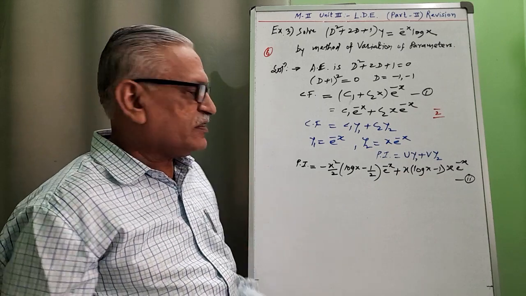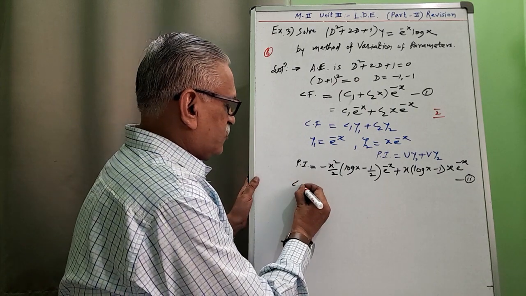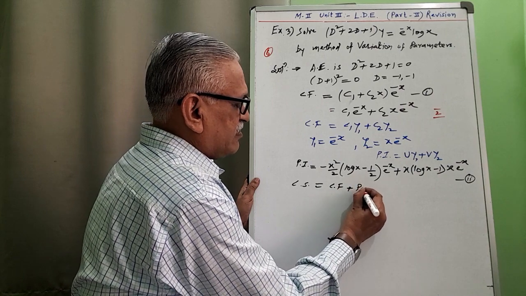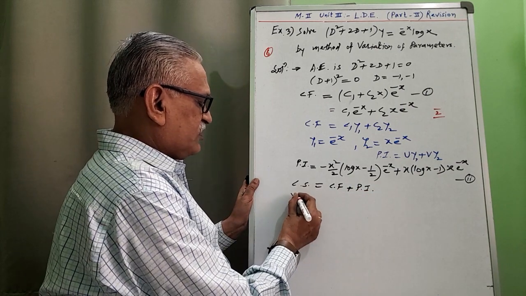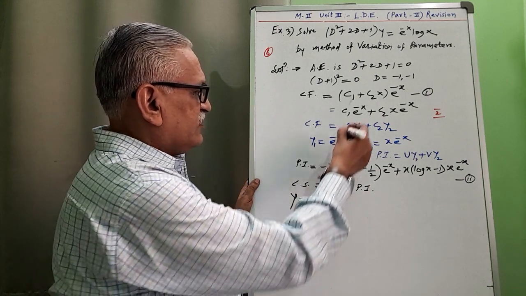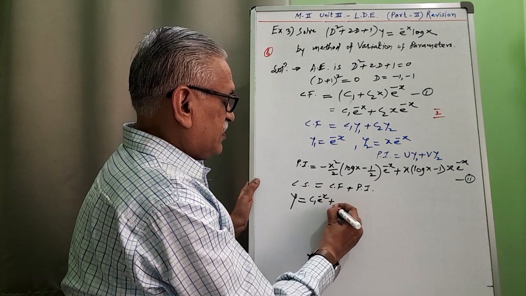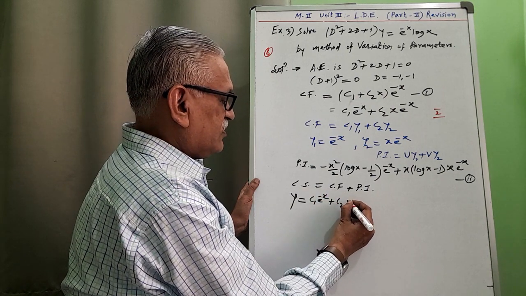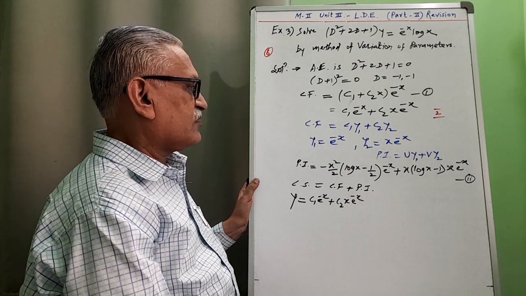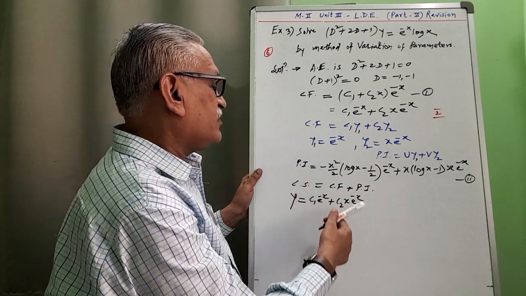Then combining this with Coeff to get the complete solution, and therefore the complete solution is Coeff plus pi. Complete solution is always for the dependent variable. Here the dependent variable is y. Coeff is c1 e raised to minus x plus c2 e raised to x into e raised to minus x, or we can write this form, one and the same, and pi is